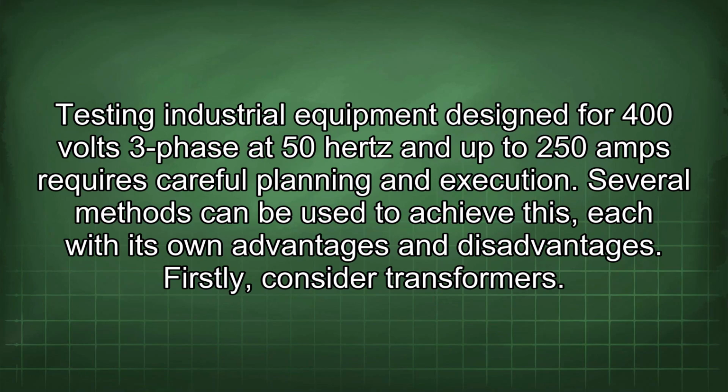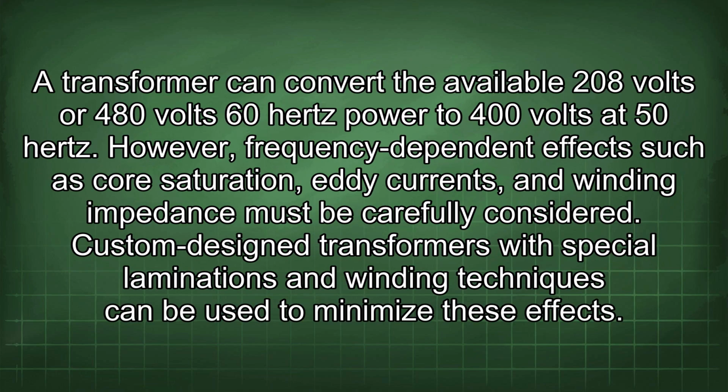Testing industrial equipment designed for 400 volts 3-phase at 50 Hz and up to 250 amps requires careful planning and execution. Several methods can be used to achieve this, each with its own advantages and disadvantages. Firstly, consider transformers. A transformer can convert the available 208 volts or 480 volts 60 Hz power to 400 volts